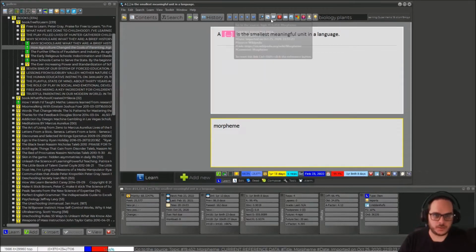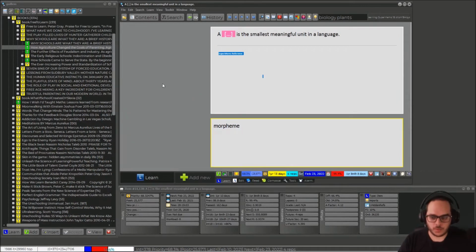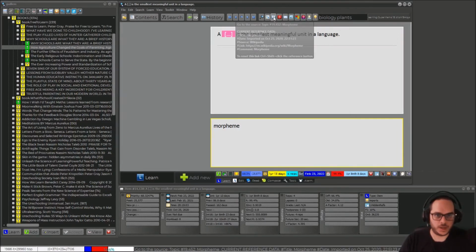It's quicker. I hover, okay, Morpheme. That's it. Here I have to click, select, and click away. And sometimes if I click another component, I will have to press escape multiple times and so on. So if you use the mouse with SuperMemo, I think it's a lot easier to go here and sneak peek.